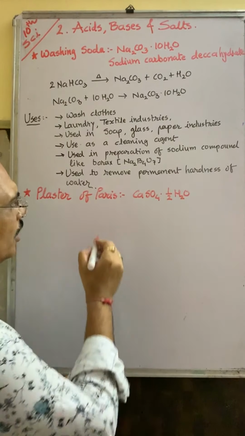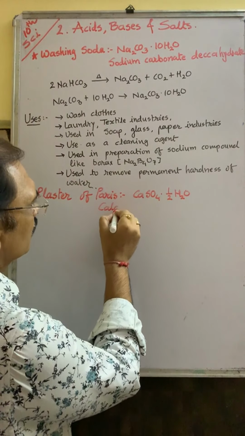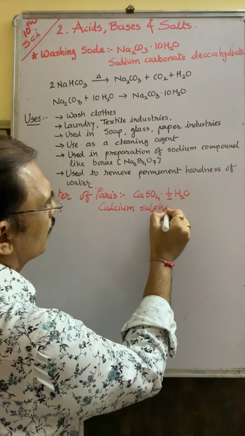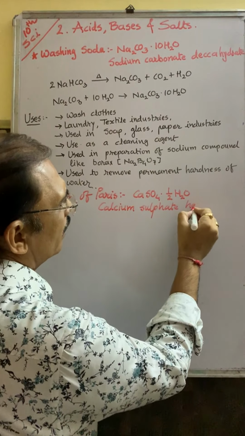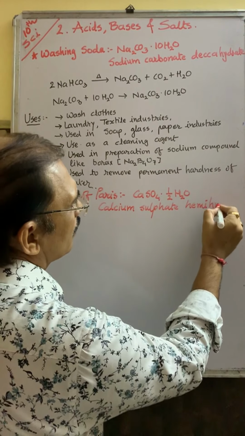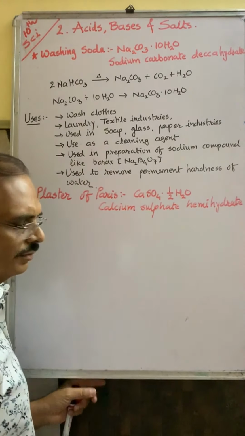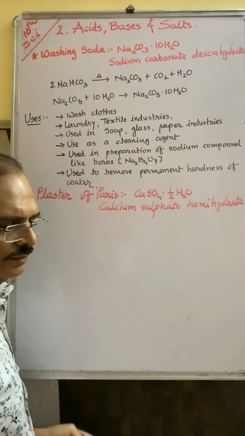Chemical name is calcium sulfate hemihydrate. Hemi means half, just like hemisphere, half sphere. So, plaster of Paris, when gypsum is heated at 373 Kelvin temperature,